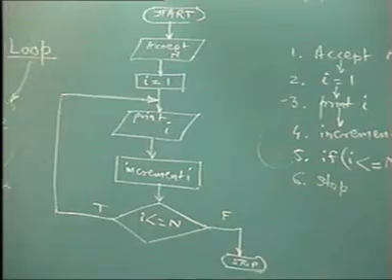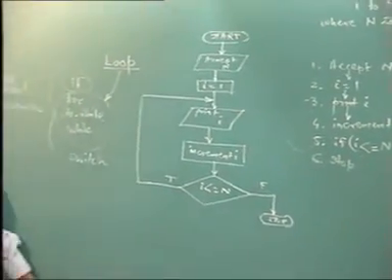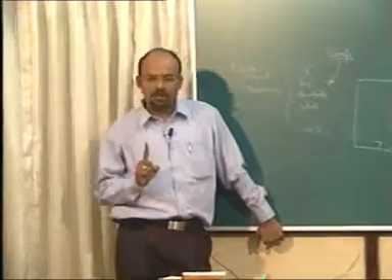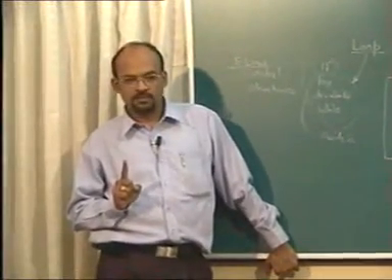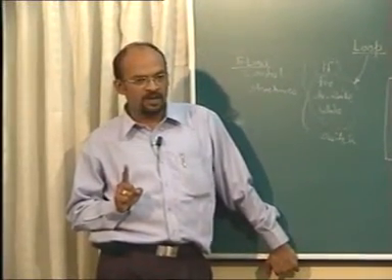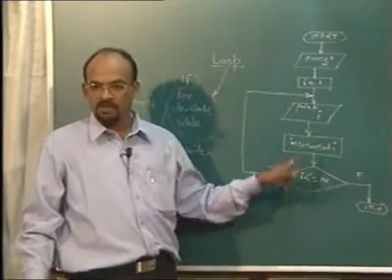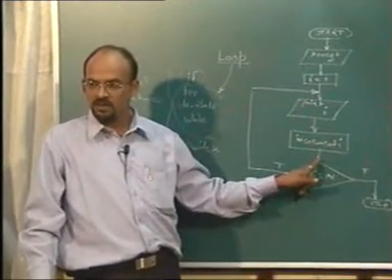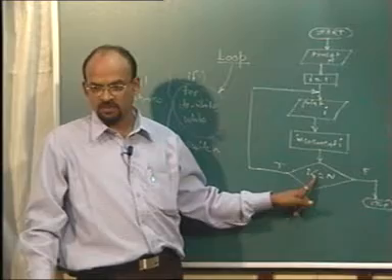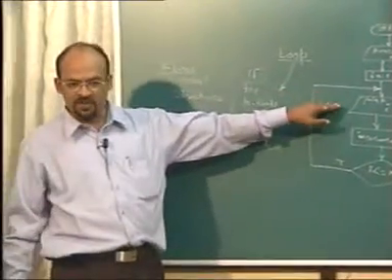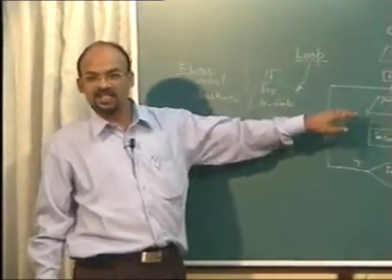We have already printed 1. If I give the value as minus 10, what will it print? It will still print 1. Getting it? Why? Because the check is at the bottom. We are first performing the task and then checking the condition. It is quite possible that I might check the condition first and on that condition I will print.